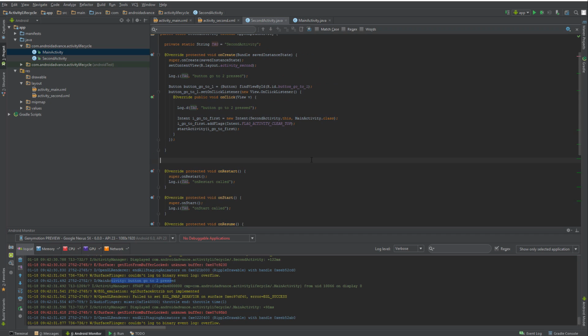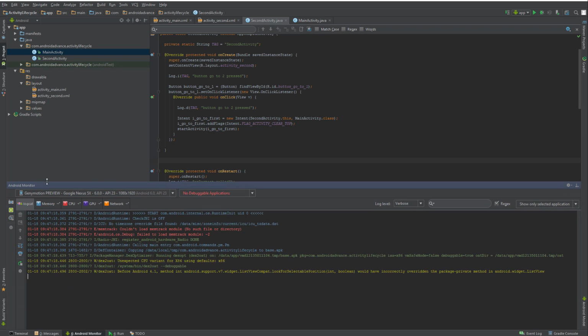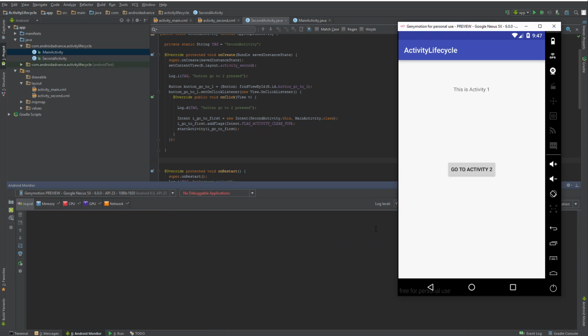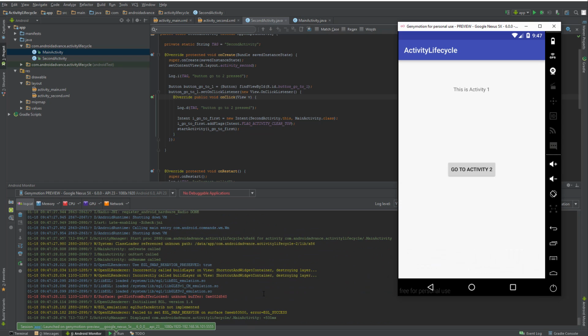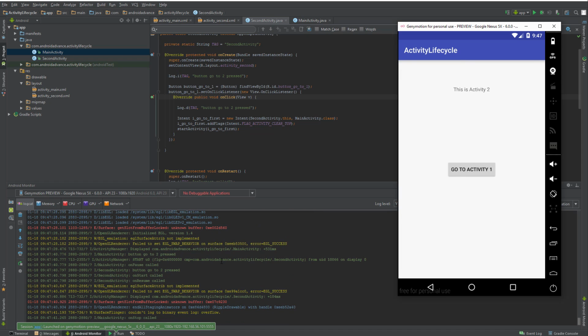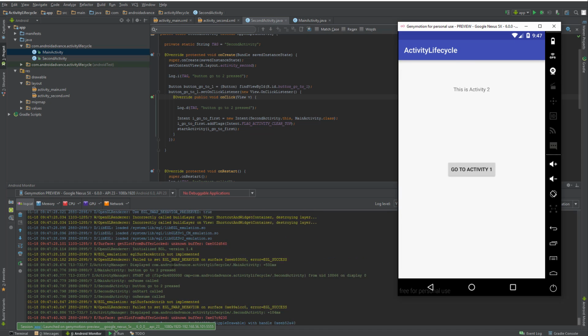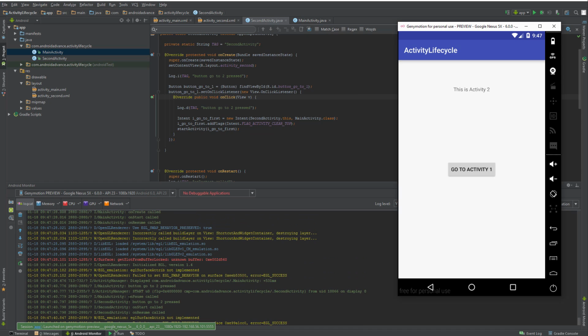Alright, let's run our project and let's clear the monitor log to see what's going on. So we see that on create is called first, on start, on resume. This is the main activity. The moment we go to the second activity, we have like this. On main activity, on pause is called. The second activity